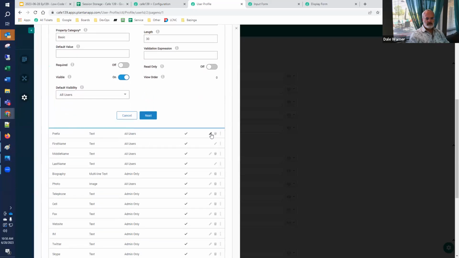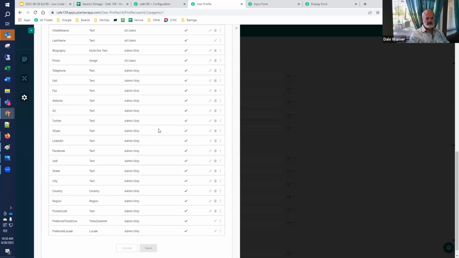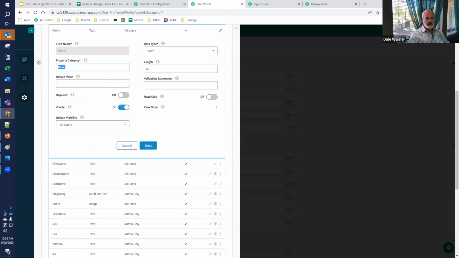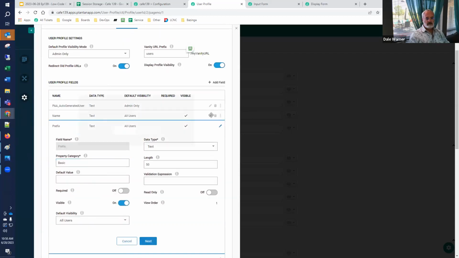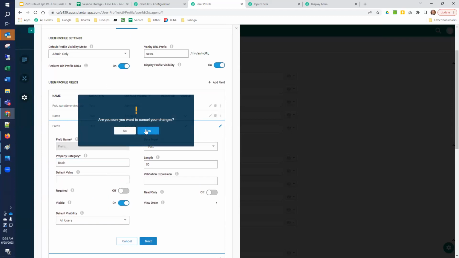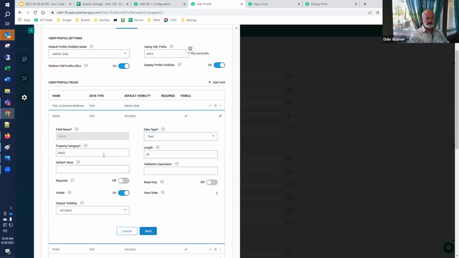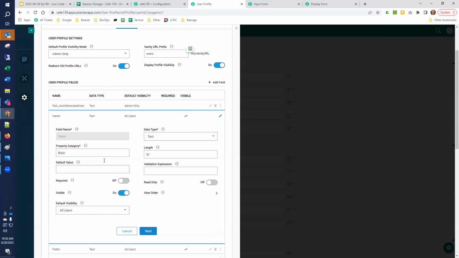How is prefix defined? Prefix has a category of basic, all users, text 50. So yes, sir. I think Matthew's suggesting that you hit the next button, and that's